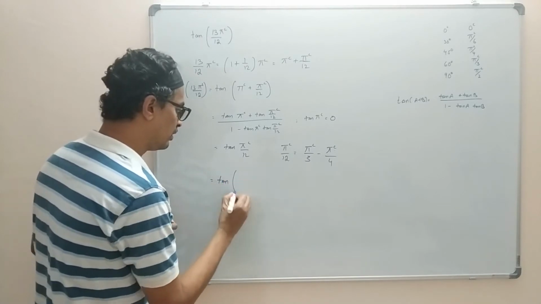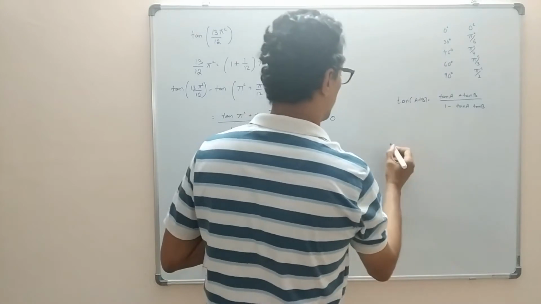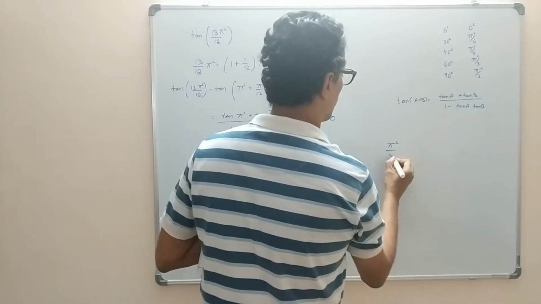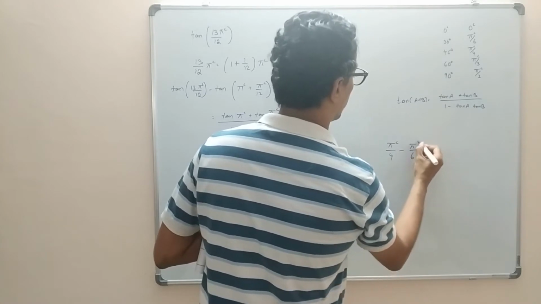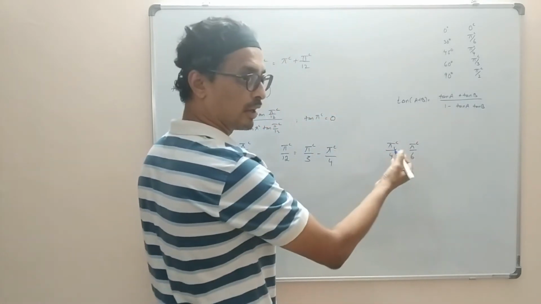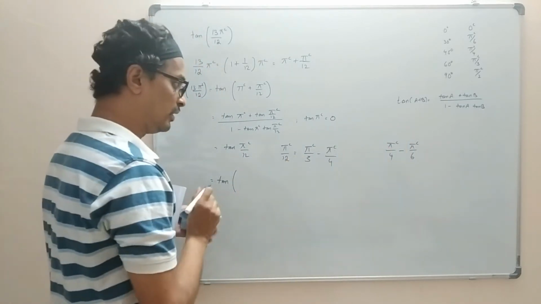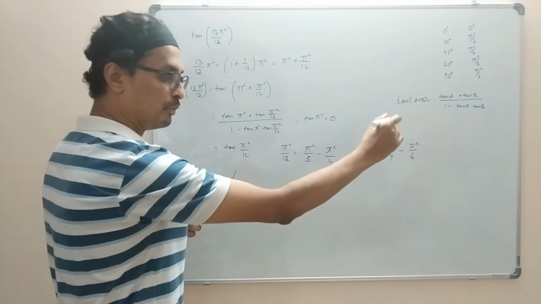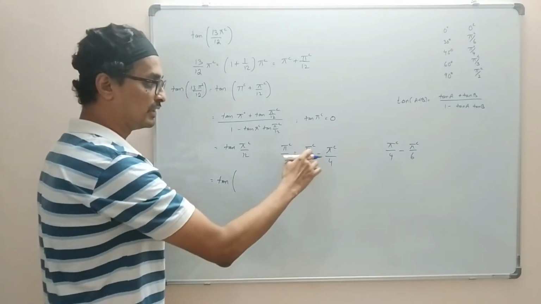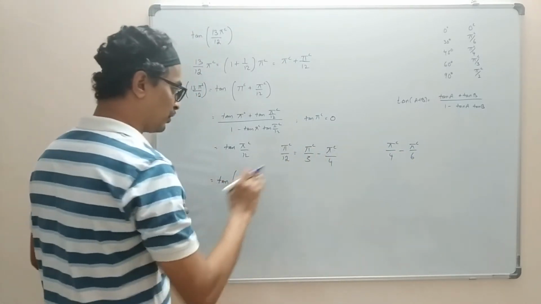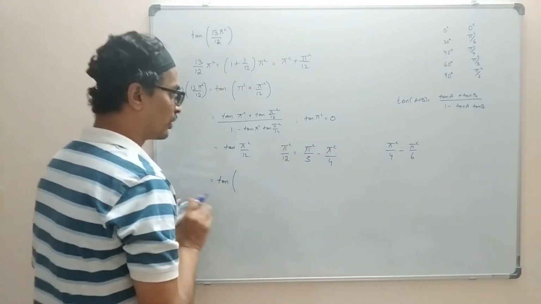You can do it that way also. Or you can take pi by 4 minus pi by 6. Correct? So this will become the same way. If you do it this way also, you will get the same answer. I'll leave it to you, because in your book they are done this way. So let us take this way. We should get the same answer, because the answer is there in the book. That's why I'm not doing this.